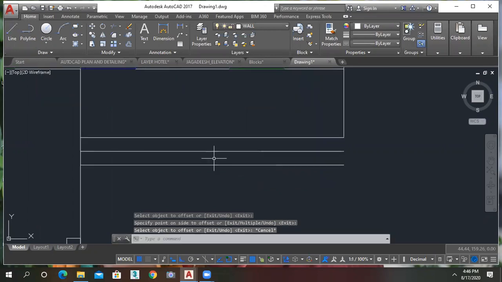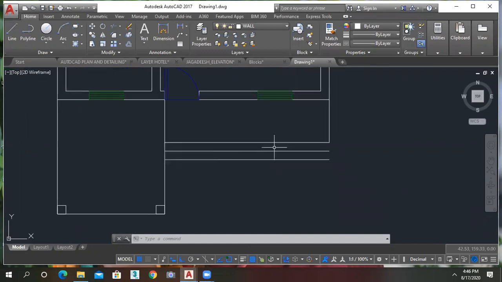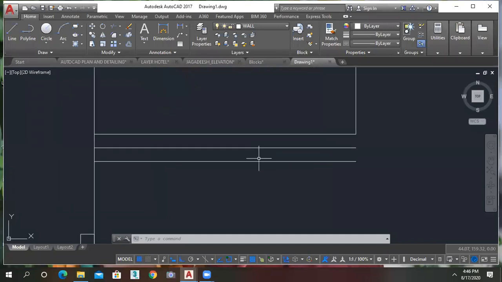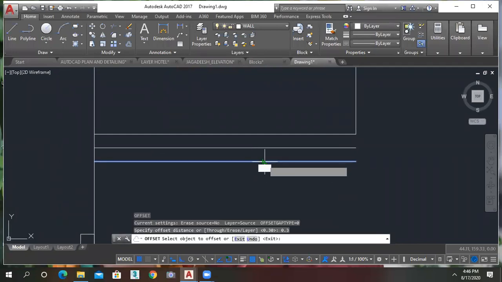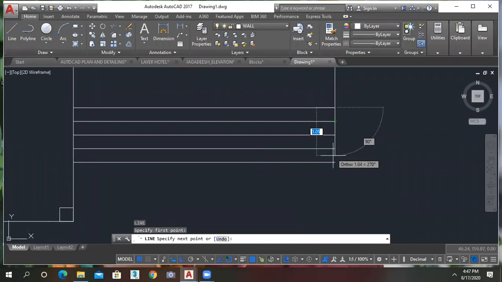I just assume the plinth height is 0.6 meter and the number of risers I will just take as 4 steps. Any doubt in how to decide the steps here? For 0.6 meter height, we will get 4 steps. So that's why I just show the 4 steps in the plan. Any doubt?